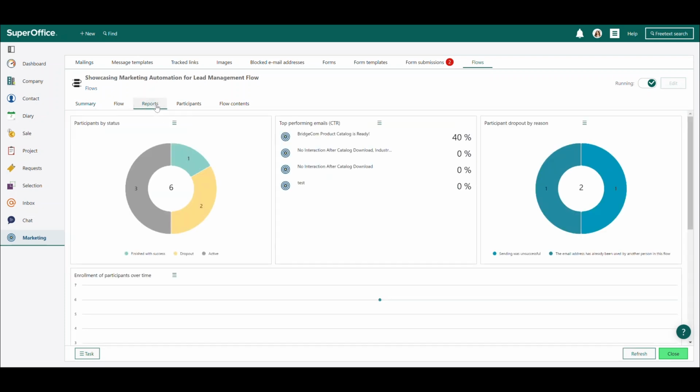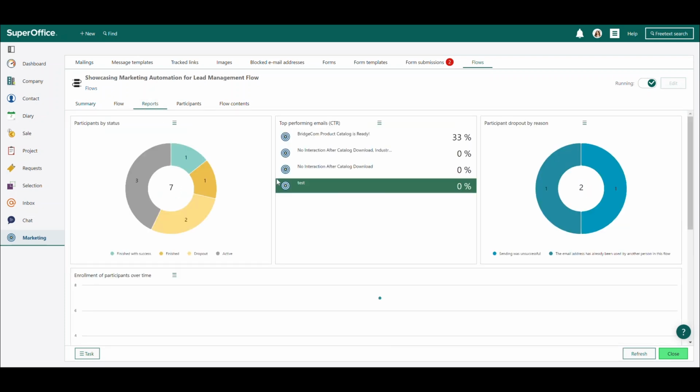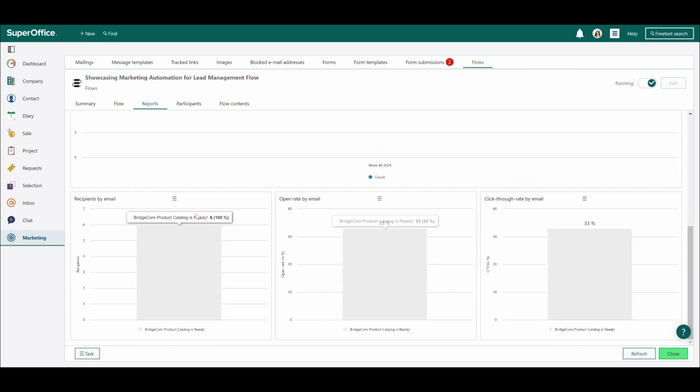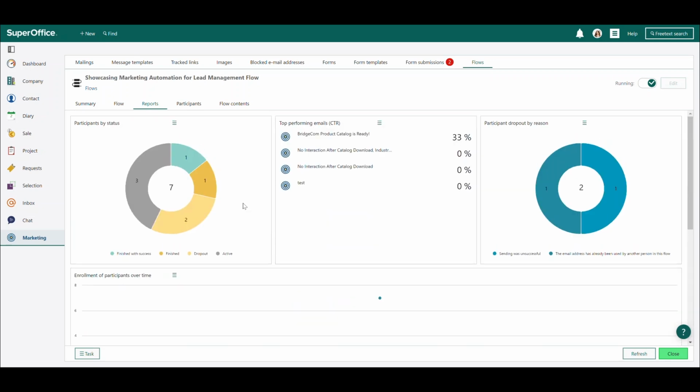But on top of that, of course, we have reporting as well, where we can see the participants based on status and the top performing emails, what the reasons are for prospects dropping out of this, and which actual emails are the ones that are performing the best, to be able to all the time be updating and fine-tuning our flow to be even more precise and even more